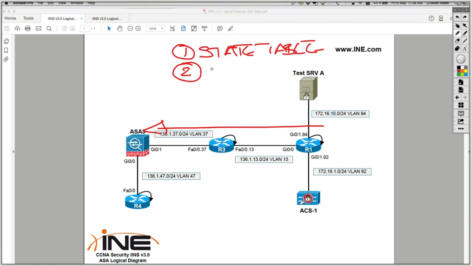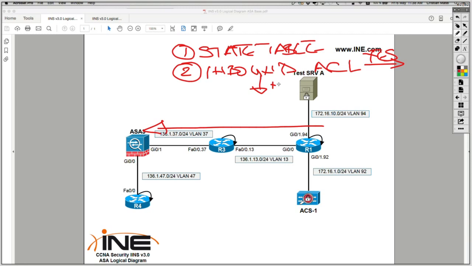First, it's going to look: do I have any inbound ACL configured on the interface where the traffic is being received? And if yes, does that ACL allow traffic? Then I'm going to allow it. If the inbound ACL is applied, then take the ACL actions, allow or drop the traffic. If there is no inbound ACL